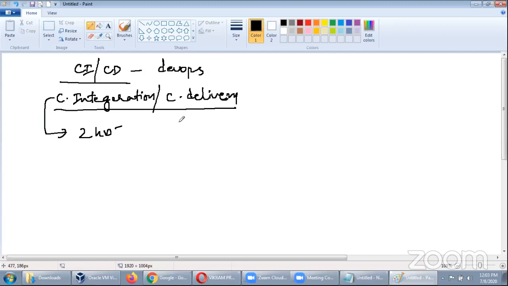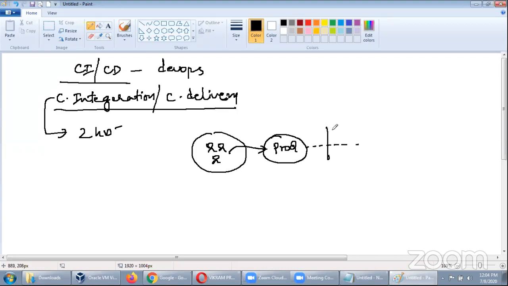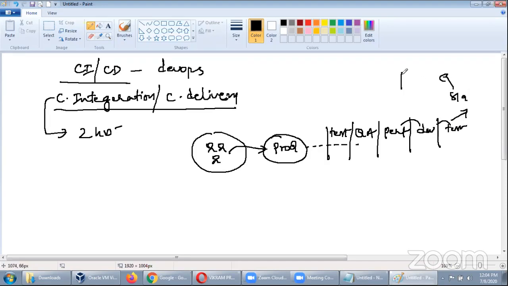But in simple words, when your team is developing some product, that product has to go in an automated fashion for testing, QA activities, then performance testing, then into the developer environment, then again the testing environment, then staging, and finally into production.